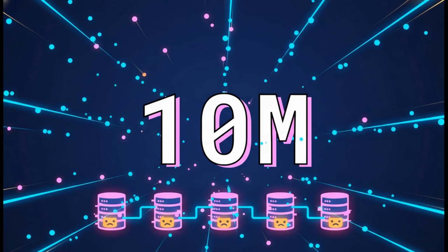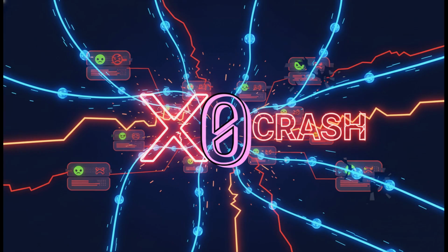Let's put some real numbers on this madness. Let's say we have 10 million users online at once. If every single one of their apps polls the server just once per second, that's 10 million requests hitting our system every single second. And here is the absolute kicker. 99.9% of the time, what's the answer to those 10 million requests? Nope. No new messages. You are burning an unbelievable amount of CPU, network, and database power just to say nothing's happening 10 million times a second. You will literally melt your servers.